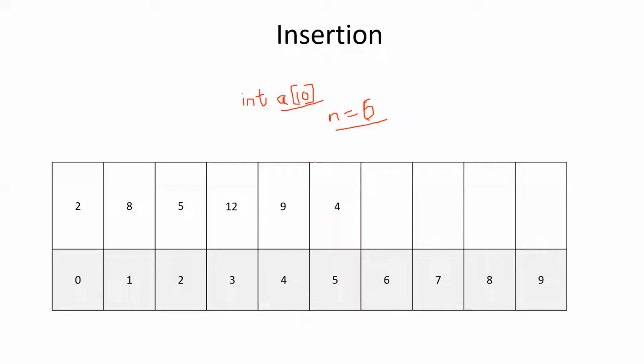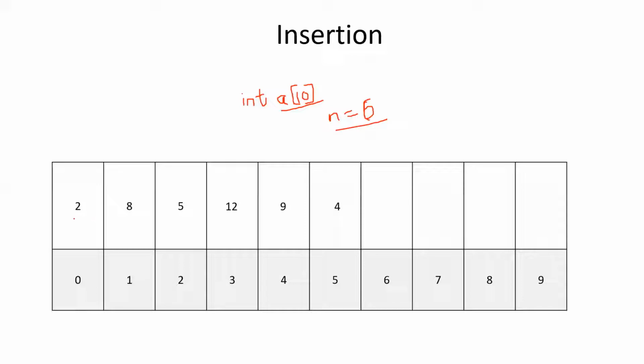So here, even if you declare the size, what do you mean by declaration of the array? You will be reserving 10 spaces, each of which will be able to store an integer value in memory. For each of the 10 spaces we are reserving, we will be able to store an integer. So we are allocating 2 bytes each, right? Like this, we are doing the allocation, and then we are using only 6 spaces because I want to enter only 6 numbers. So in this example, I entered the number of elements as 6, and then using a for loop, we will be asking the user to enter the numbers. So it will be taking 6 numbers.